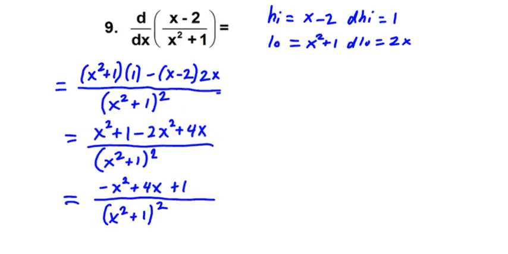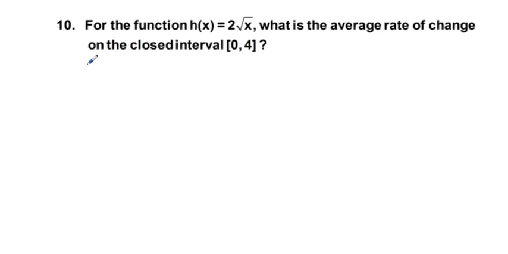So that is our answer to problem number 9. Next problem we'll look at is 10. For the function h of x equals 2 square root of x, what is the average rate of change on the closed interval from 0 to 4? Well, does the function exist from 0 to 4? Yeah, because we can plug in 0. And in fact, we'll say f of 0